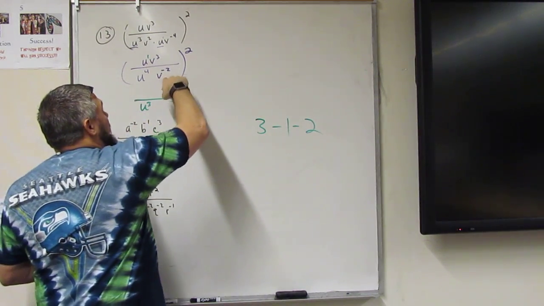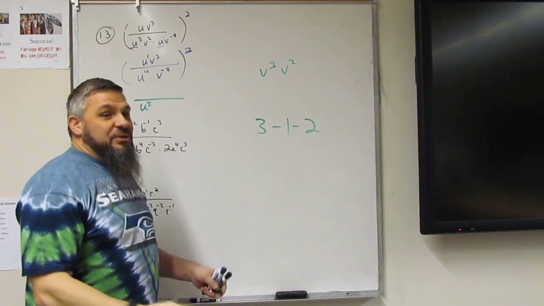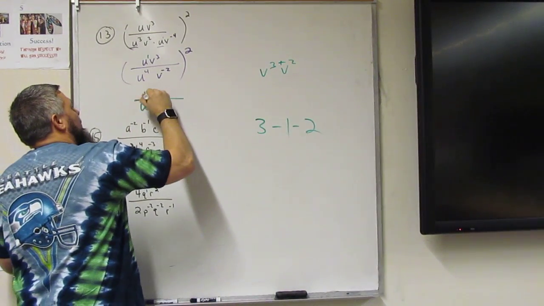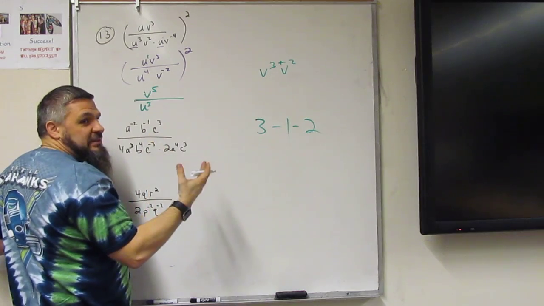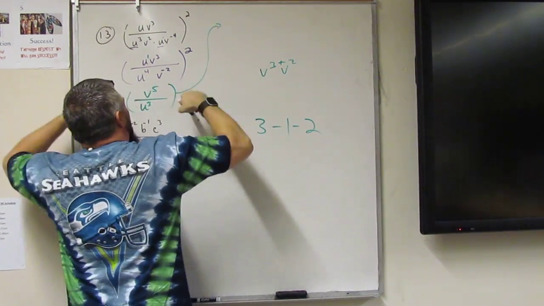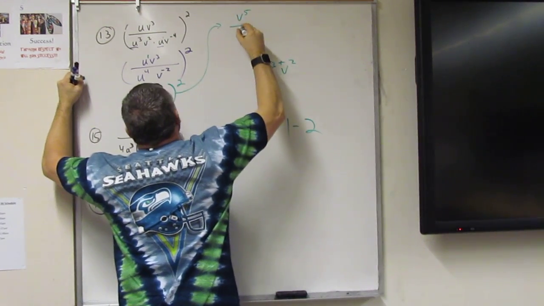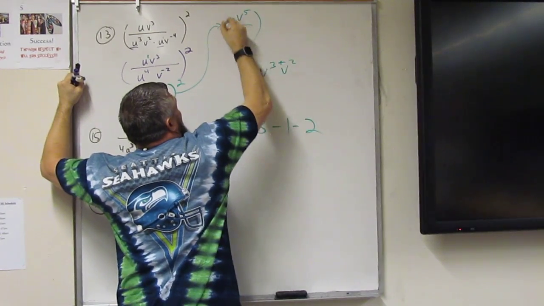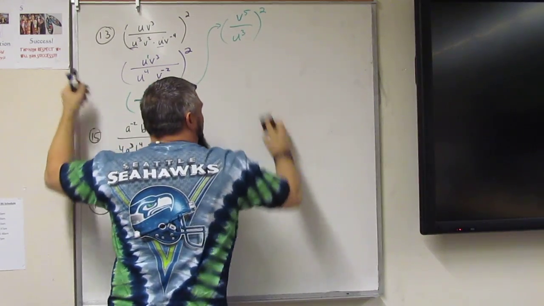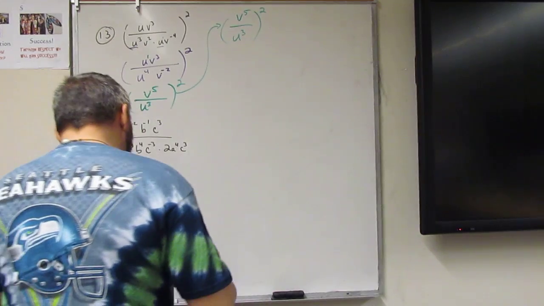Now, you could move this up and make this a v cubed times v squared, right? Which are just adding these two, right? Same thing, you're going to end up with v to the 5. Does that make sense? Okay? Now, I'm going to move this up here because I'm running out of space. So v to the 5 over u cubed squared, and now I'm going to erase this little handy dandy mentioning tool,